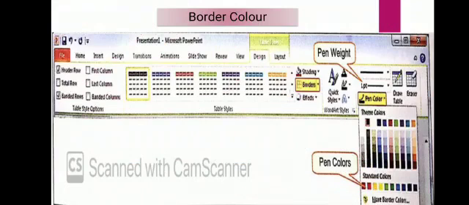Now if you want to change the border color, see pen color here at last. See in the design layout, border options are given. From this border you will change the appearance of the border. Now for changing the border color you will use pen color. It is used to change the cell, row or columns border color.